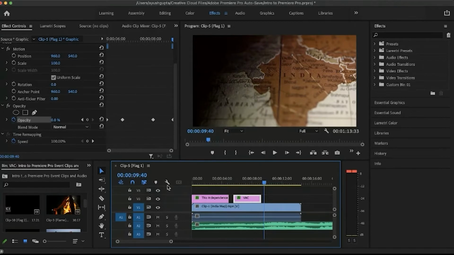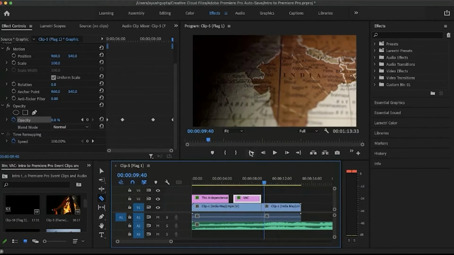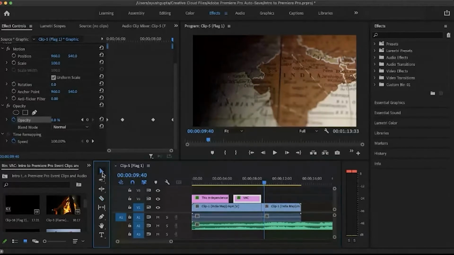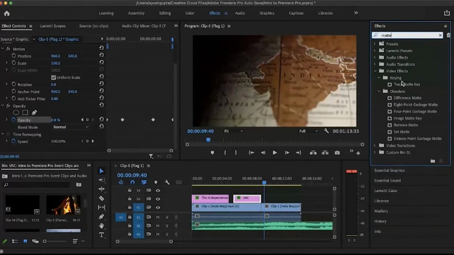For that, you can cut the clip here after this text ends, and then use the selection tool, go to the effects panel, type matte, and then you see this track matte key under keying effect. Hold it and drag it on your clip which you want to put it on.